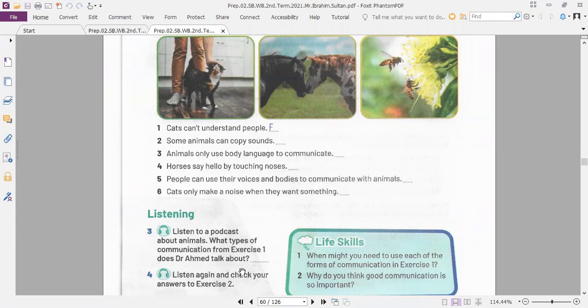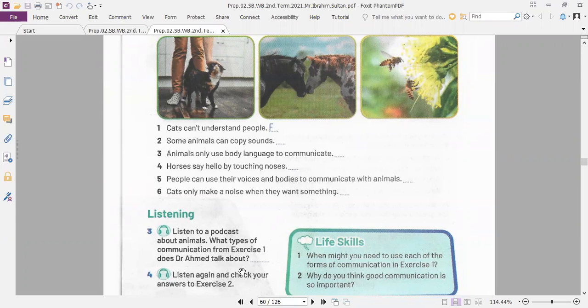Dr. Ahmed said, I'm sure the cat understands when he is angry and understands words like dinner, for example. Munir said, but of course the cat can't talk to him. No, animals can't speak in the way people can. They don't use the same way of speaking as people. But sometimes animals like birds can copy sounds. Can you tell me about animals that can copy sounds? A parrot. Very good. A parrot can copy sounds. It doesn't speak, it just repeats the sounds again.